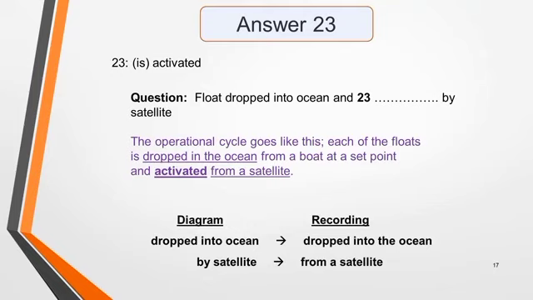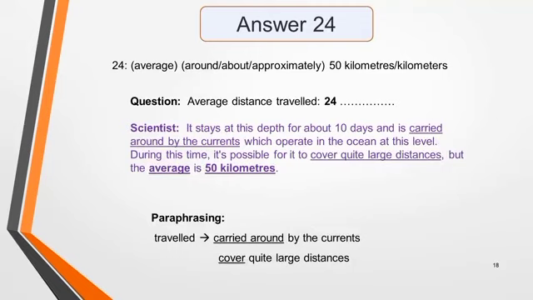with no use of paraphrasing. The diagram reads, dropped into ocean, and in the recording it's dropped into the ocean. And by satellite is changed to from a satellite. So they're very similar. Answer 24 is 50 kilometres or kilometres, but you could also have added the words average,